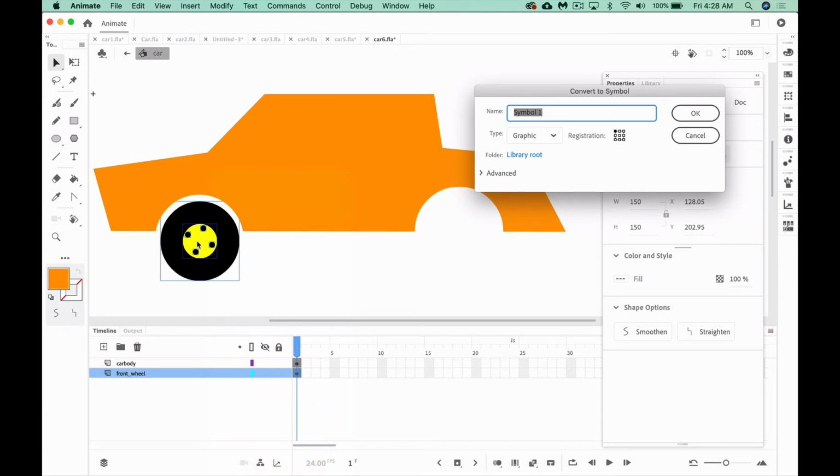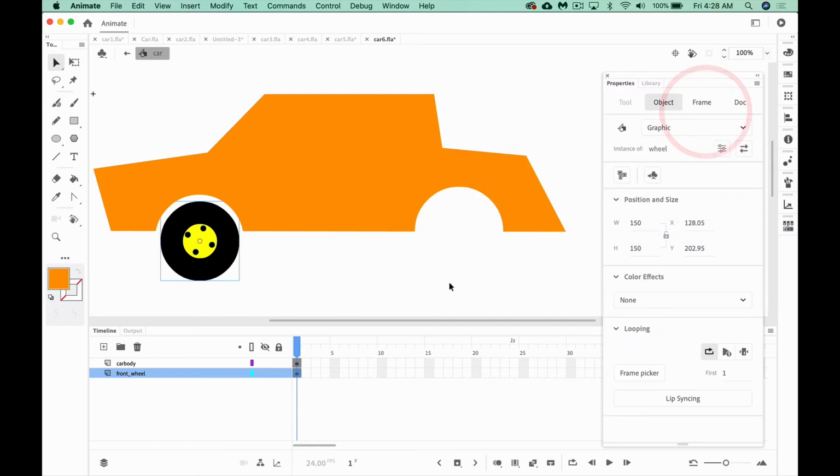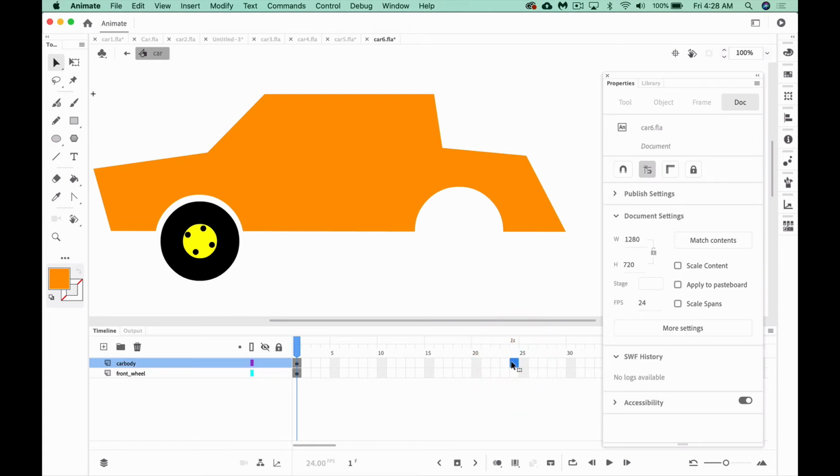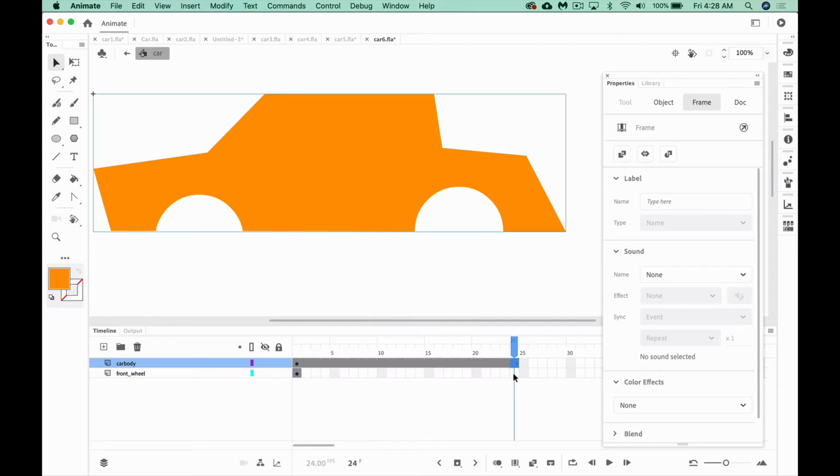The reason I'm going to do it is because these wheels have to turn by themselves. This wheel first. And I'd like to use a classic tween. So I selected the wheel. I did convert to symbol. I'm going to call it wheel, and I'm going to click OK. Alright, now it's going to move as a unit, and I can classic tween it. So what I want to do is I think I want to take both these layers out by using F5 to 1 second. Control F5 on my laptop.